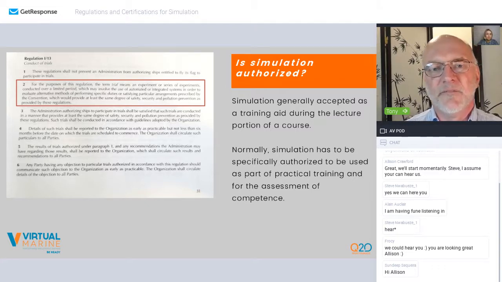So we'll go back to the lifeboat example. It's one that we're very familiar with. In the past, you had to demonstrate that you could launch a lifeboat with lifeboats and davits. That's what was in the convention. So somebody had to do a trial somewhere and prove that you could actually learn how to do this task correctly using simulators. And once that trial is done, many flag states will accept the results from the trial and will approve the use of simulation within the context of what was found in the trial.